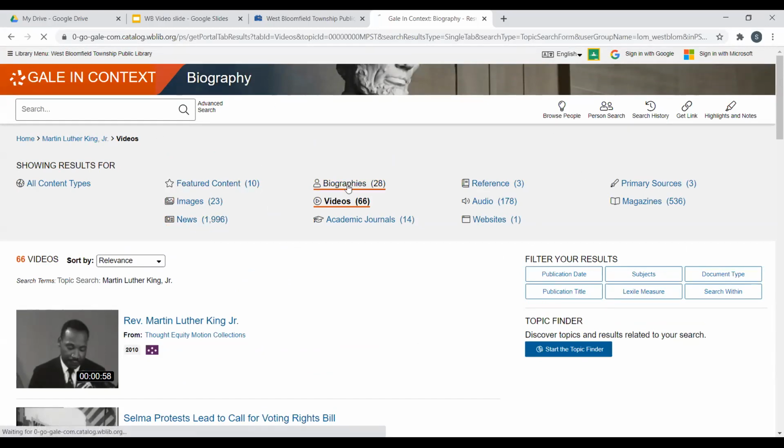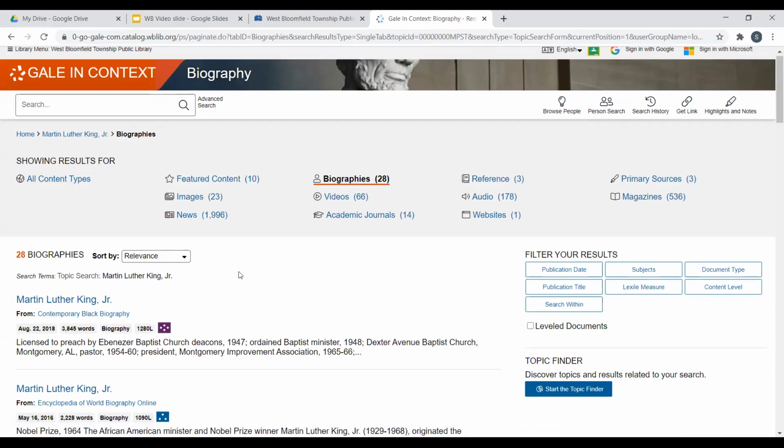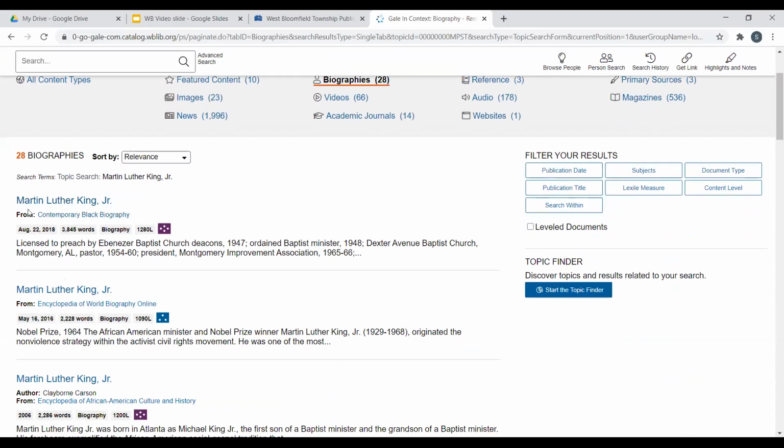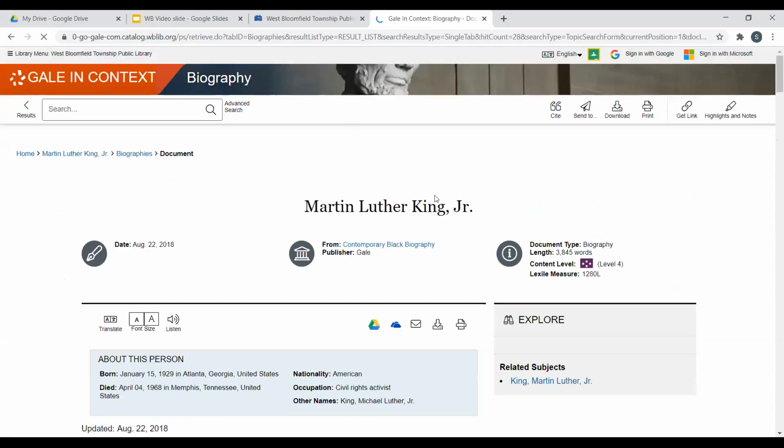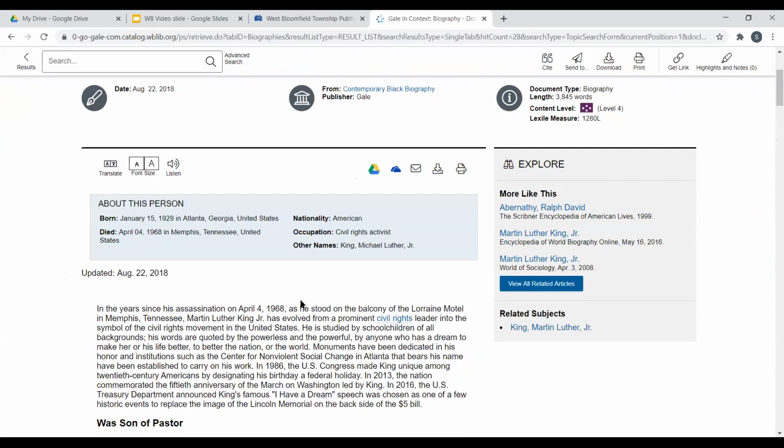So if we want to look for biographies, we can click on those. And then again, like in all Gale products here, it tells us the title of the article, and where it's from. So this particular one is from Contemporary Black Biography. It tells us the publication date, word count. It's a biography. It even gives us a Lexile level here. And then it gives just a sentence or two to tell you what it's about. And then if you click on that, it will take you into the actual